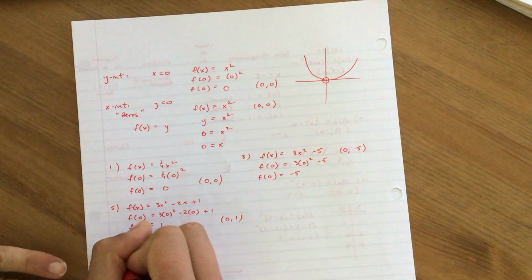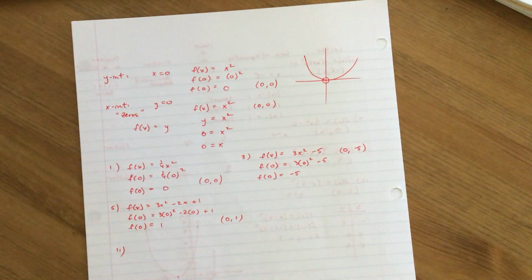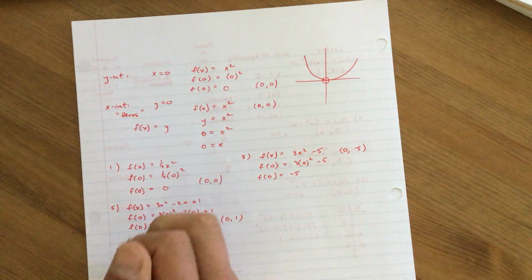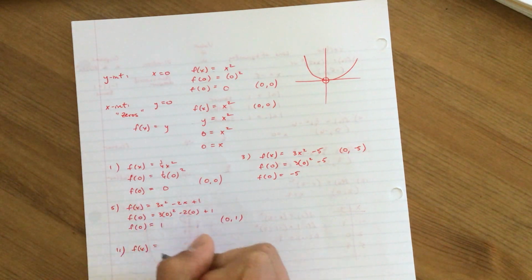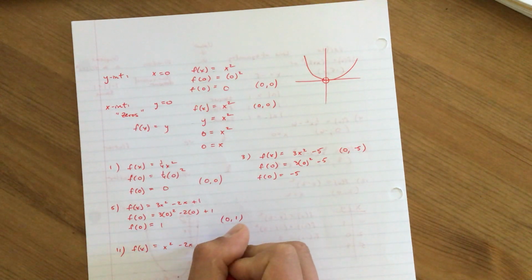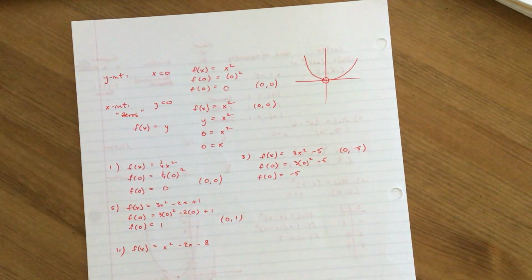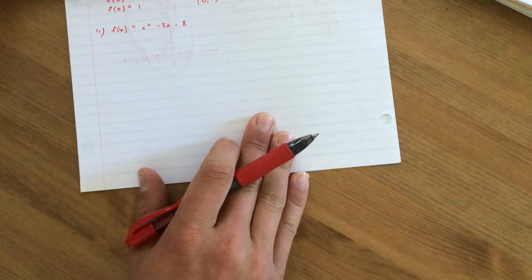Let's go to number 11 and look at the zeros of a function. And they ask us to find them algebraically rather than graphing. So we could find these graphing, but that takes longer, and we're not going to do it this way for these problems. So f of x for number 11 is equal to x squared minus 2x minus 8. Now, algebraically, how do we find the zeros of a function algebraically? Well, this is where we go back to